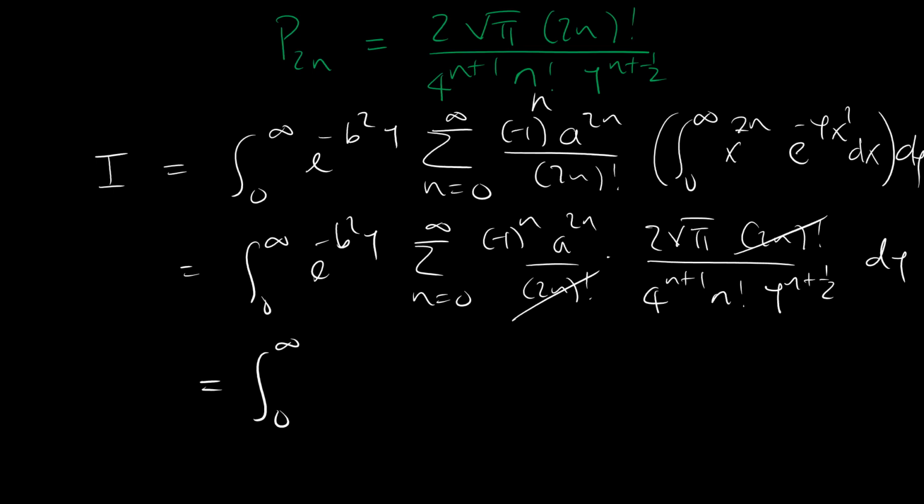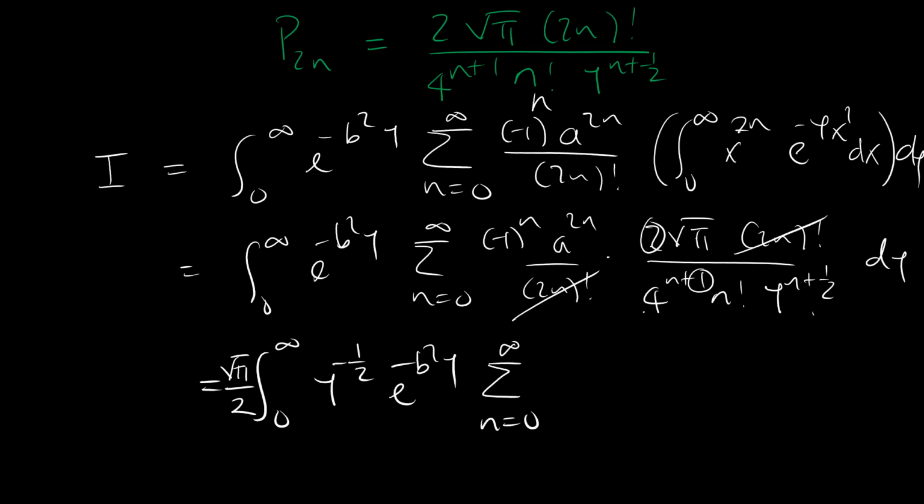We can bring this and that, so we have square root of pi divided by 2, and that is this one and this have interacted, and then we pull the pi out, so that now we have, let's pull the y to the power negative a half out, and then we have that, so that in the bracket or in the summation sign we are left with